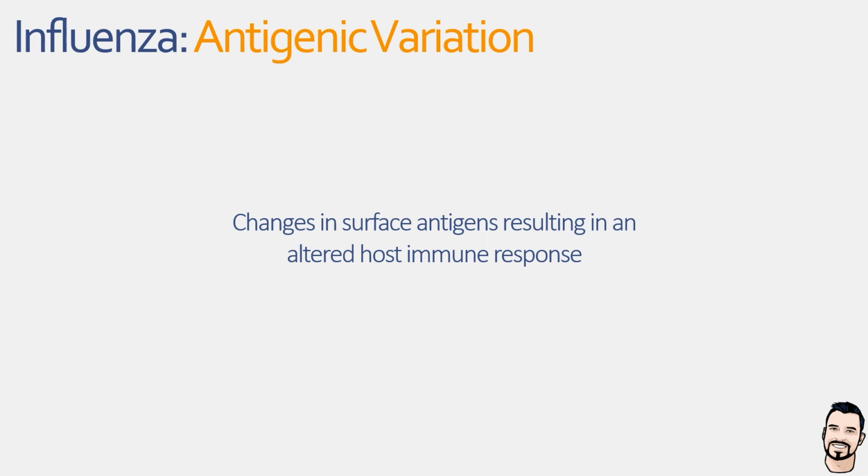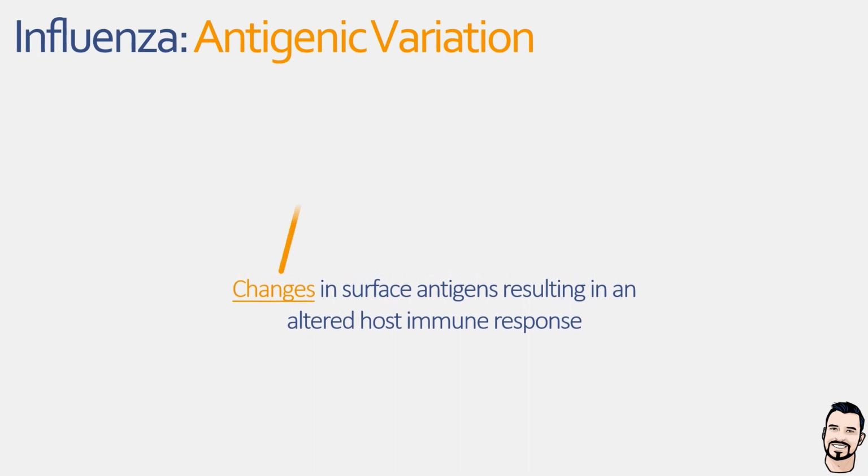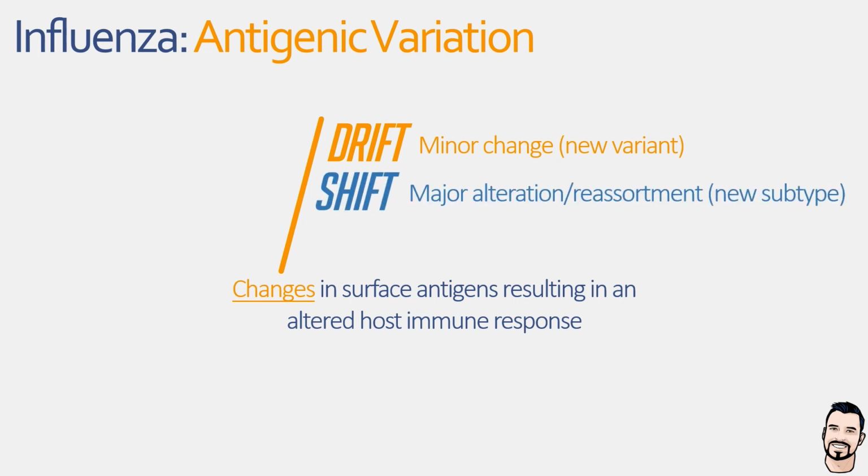Now, there are two types of antigenic variation observed in the influenza viruses. First, we have antigenic drift, which is where small changes or minor mutations accumulate in the genome over time, eventually resulting in a new variant with an altered immune response. The second mechanism for antigenic variation is antigenic shift. This is where there is a major alteration of the genome or a reassortment event that results in some form of new subtype which might not have been seen before in humans, and we can visually represent these two mechanisms